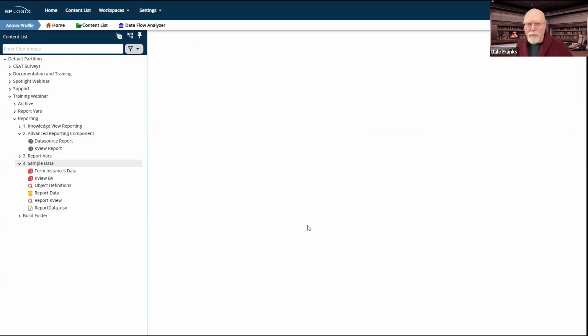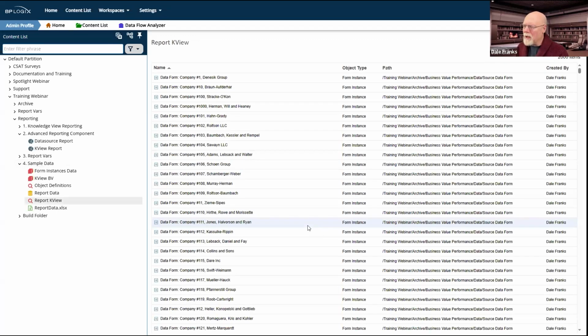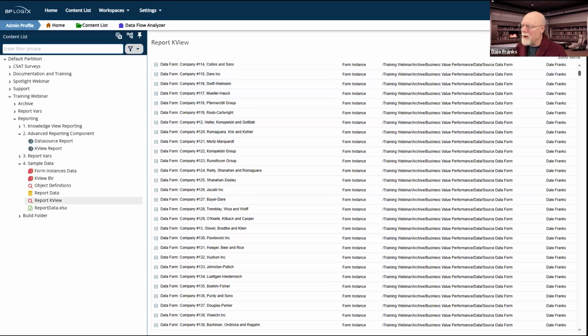I'm going to run it. It has 2,000 rows. So there's 1,000 form instances and 1,000 timeline instances that it's going to return. So it'll take a second to return it because it is a fairly large Knowledge View. And okay, well, here it is. It's running. It shows me all of the data I need to see. It shows me the name of all of my form instances. And like I said, there are 1,000 of them.